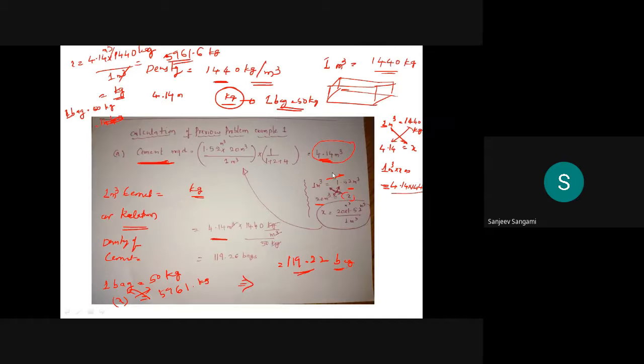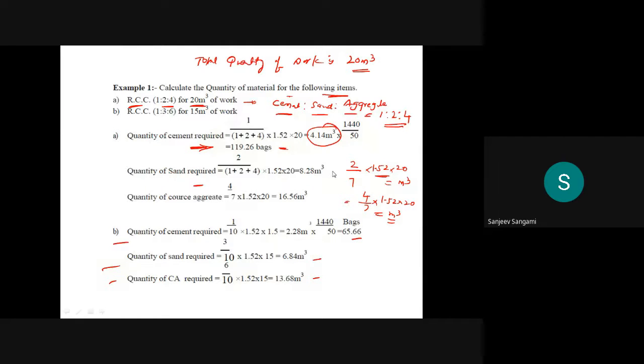In the previous class, we were discussing one problem, that is to calculate the quantity of cement, sand, and coarse aggregate required. Through that, we solved that problem, and we also calculated how much quantity of cement in bags is required, and make one correction in the problem, that is